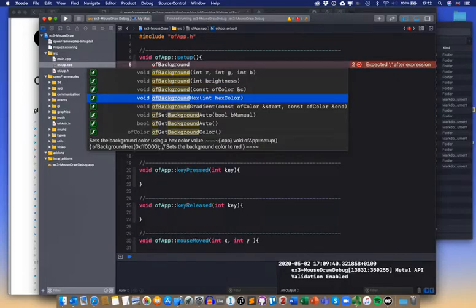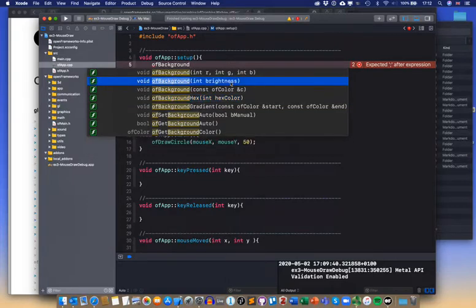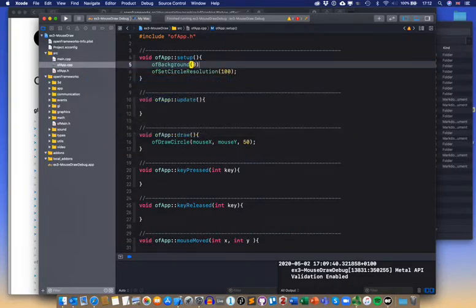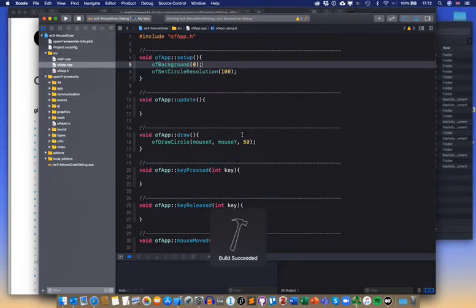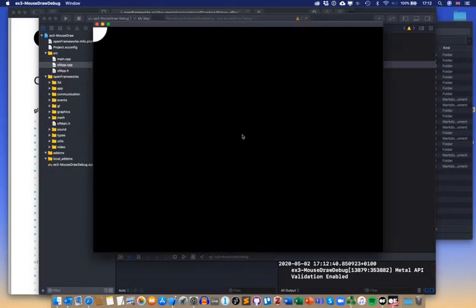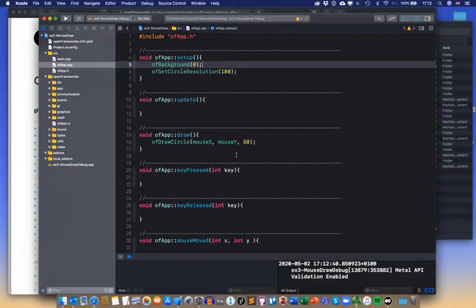So for black, brightness is enough. I don't need RGB and set 0, 0, 0. I can just use brightness and then set 0, and that's it. It's enough. So if we run, we can see that now the background is black. Right? Okay. So the next thing I want to do